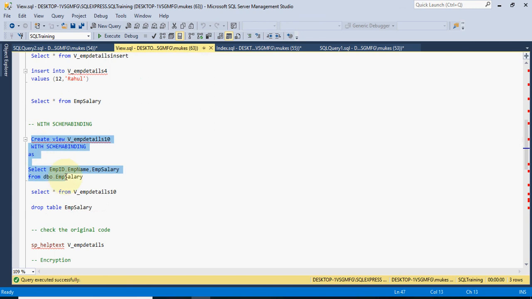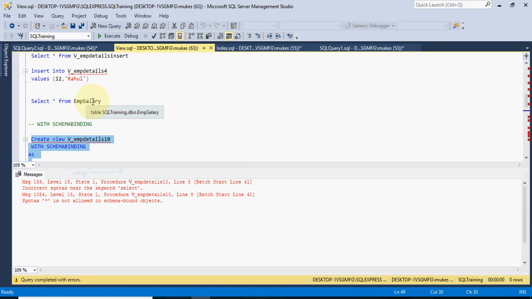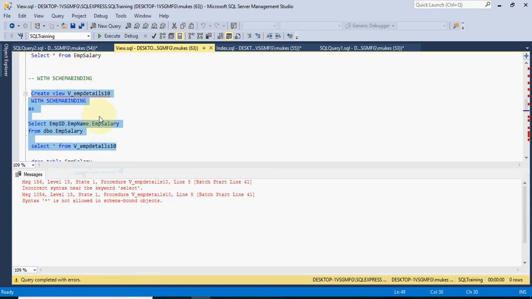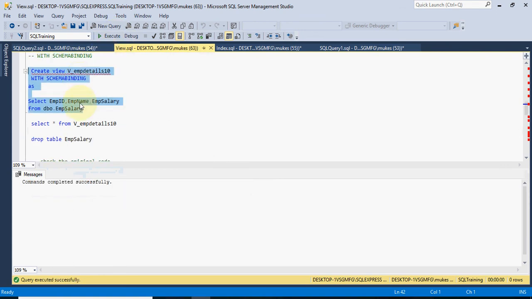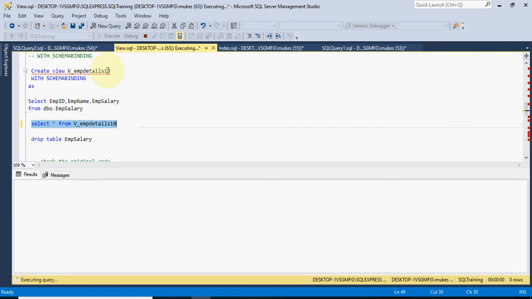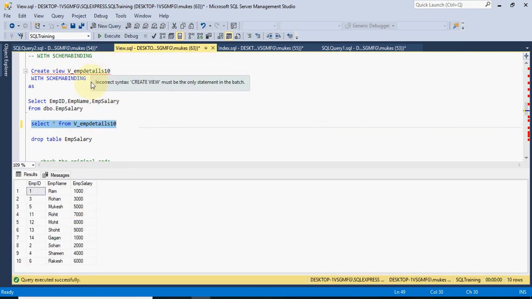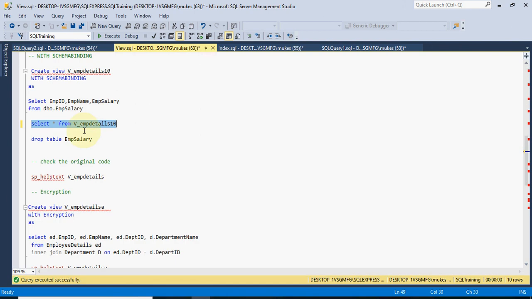So if you create this view with schema binding, this view is now associated with the employee salary table, right?